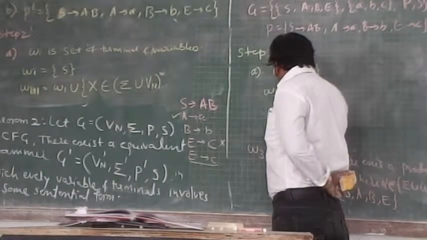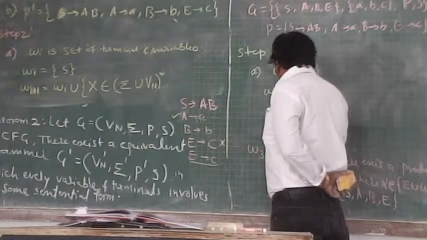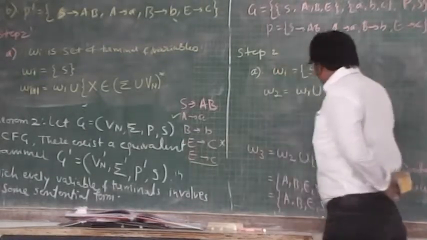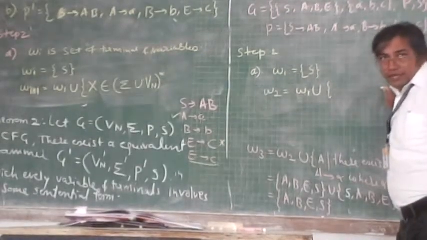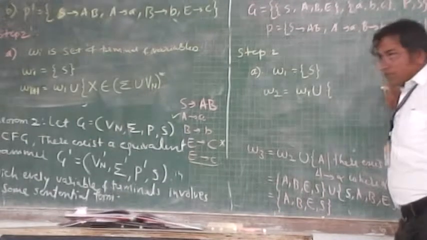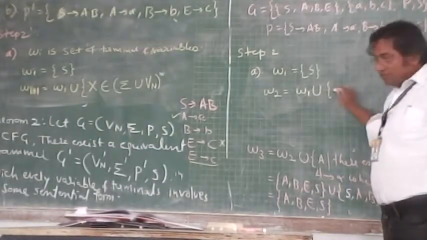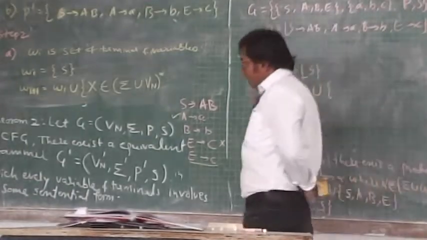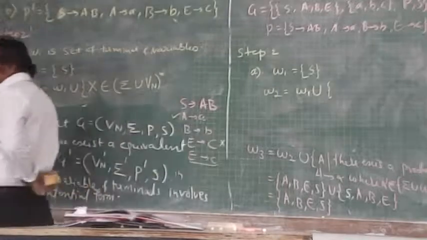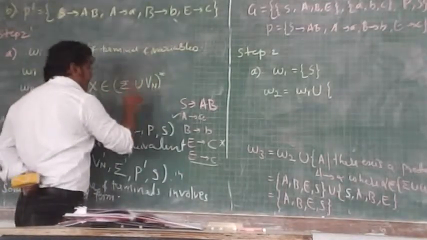W2 is a union of W1, in this case S, so I can write W1 union a further set of variables and terminals. How should I select the variables and terminals in this case? I should select that set on the basis of this rule: X belongs to sigma union Vn,